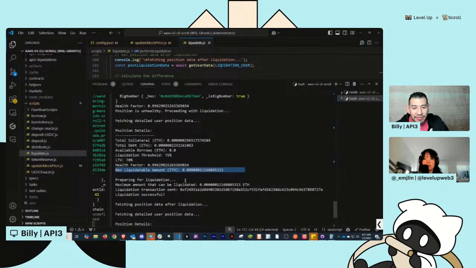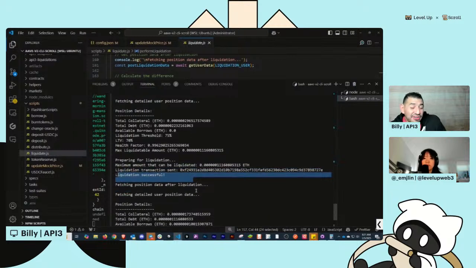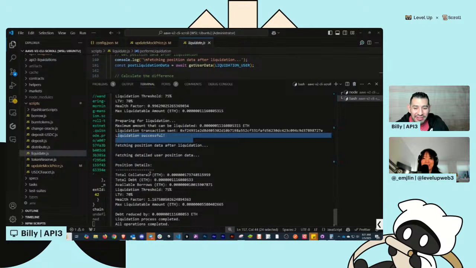So I'm preparing for liquidation, getting that all prepped, and I'm just showing you all the math, right? This is the maximum amount that can be done. I sent the liquidation transaction on here, and the liquidation is successful. Then just to see what their position is after, as an example, nobody cares what their position is after, but just to show you the improved numbers, right, of what they can do.